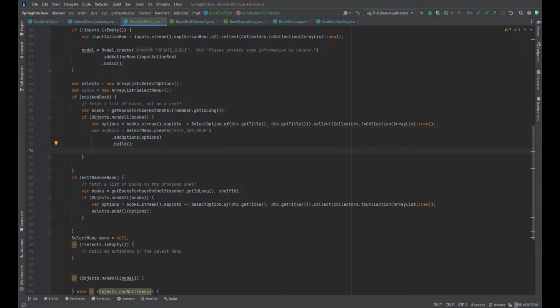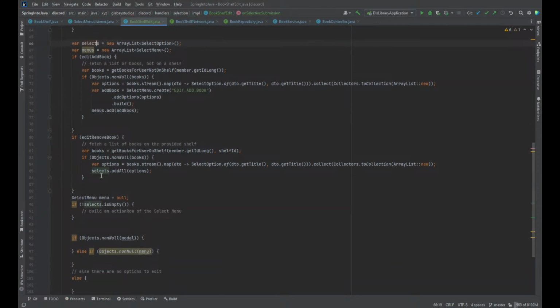So they're then going to go to menus, add book. Okay, so we're going to do that, and now we're going to come down to